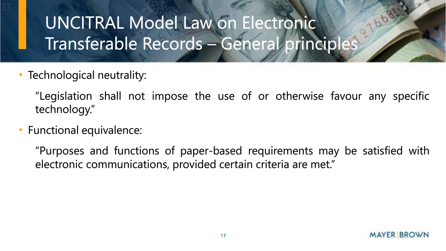Additionally, the question is how long it will take for the model law to be ratified across the globe. The model law was adopted in July 2017. As at September 2020, the model law has been adopted in one country, Bahrain. As a basis of comparison, the UNCITRAL model law on electronic commerce was adopted in 1996. An additional article was adopted in 1998. But as at 2020, there are 74 countries that have adopted the model law.